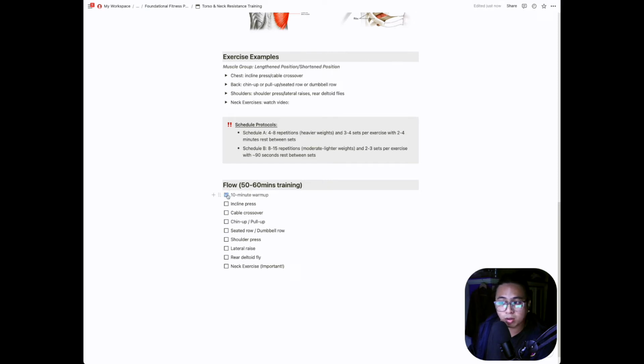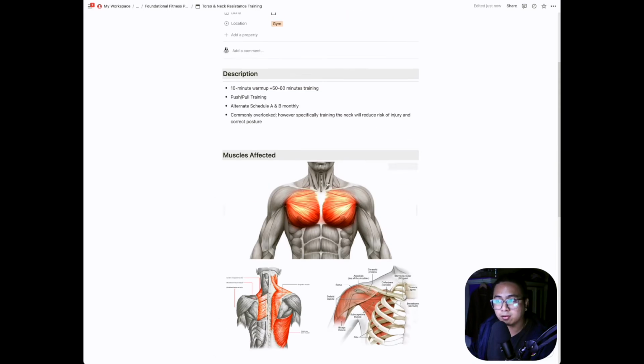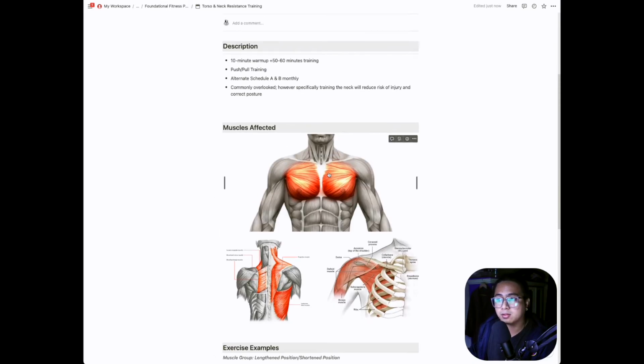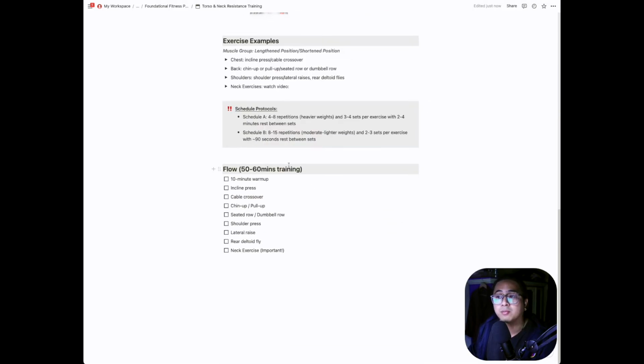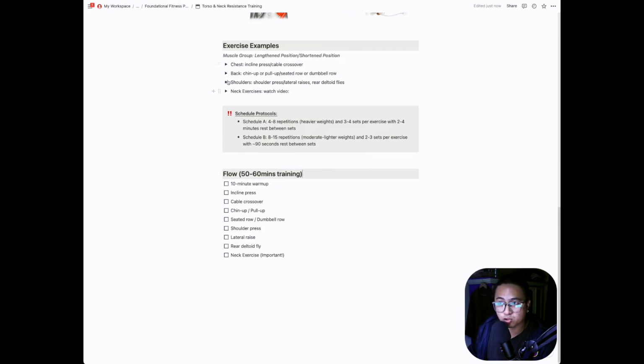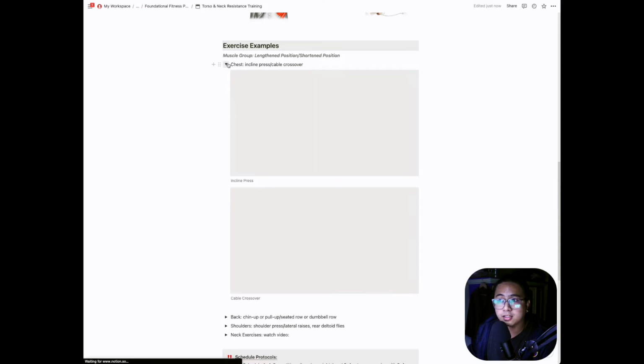So a 10-minute warm up. So just a simple checklist like this. So when you access your phone and it pops up, okay, today you'll have to do this. You just click on it, and then this kind of page appears on your phone. So you can just scroll down, and at the bottom of it, specific types of training. So when you're in the gym and you are just looking at your checklist, okay, I need to do 10 minutes warm up. I need to do an incline press. What is incline press? I just need to scroll up, incline press right here, the chest, and then